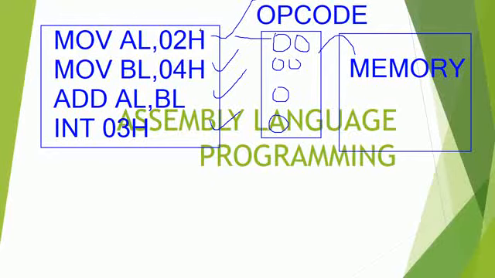So as I said, the mnemonic should be converted into the opcode format. The opcode should be saved into the memory, and you are supposed to give the starting address of this particular opcode to the microprocessor, so that it is going to execute the program. Now the critical part is, once you have evaluated the equivalent opcode for each and every mnemonic, that is nothing but the instruction, you are supposed to save that opcode into the memory in sequential order.